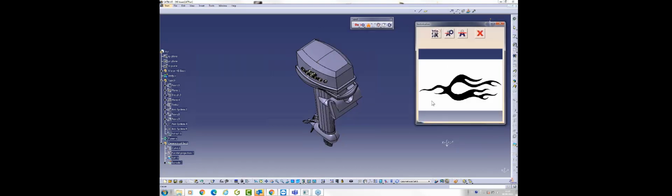So that's for a simple projection. I will show you more complex projections after. But for now, we'll also introduce another function of our add-on: the vectorization. Now we'll bring an image inside our vectorization module.